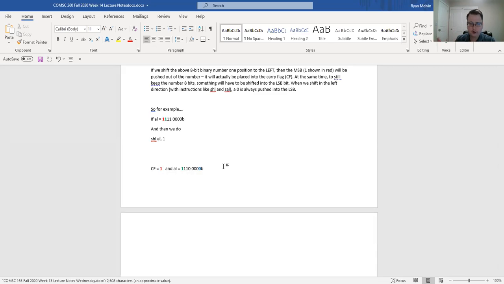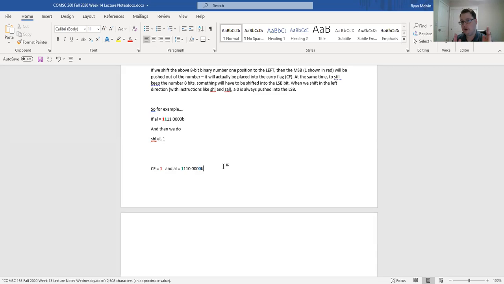So for example, if you take your number, however big it is, and you shift all the bits to the left, then you're multiplying it by 2. If you do that one time, if you do it again, then you're multiplying by 4 or by 8, and so on and so forth. Conversely, it follows that if you go in the opposite direction, the right direction, then you're also dividing,